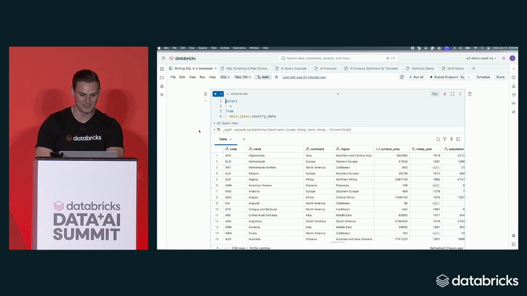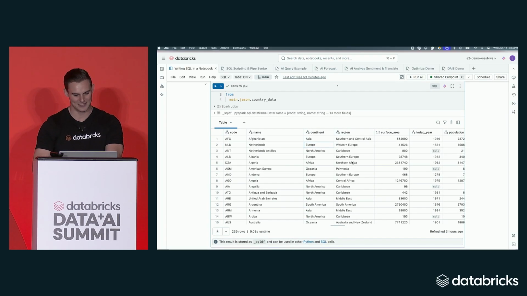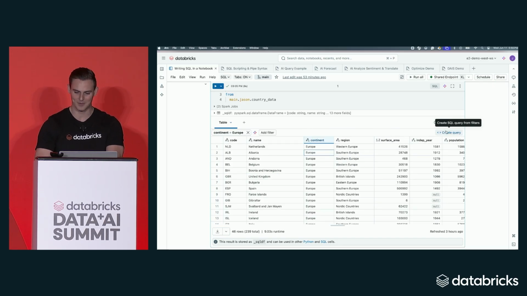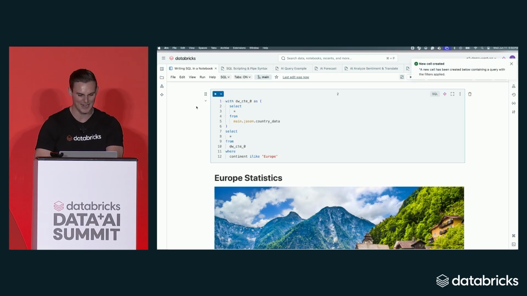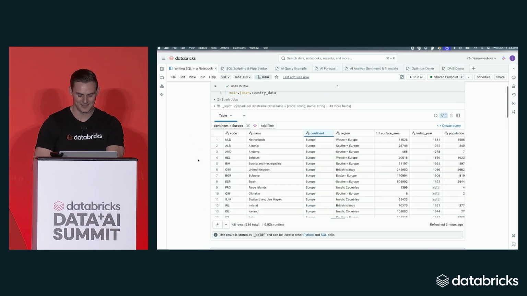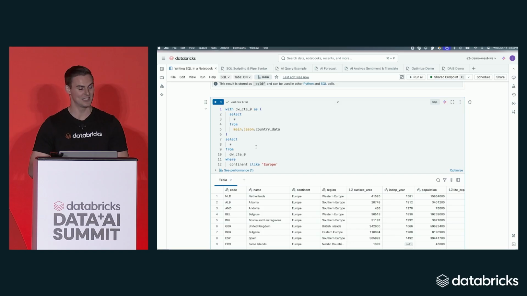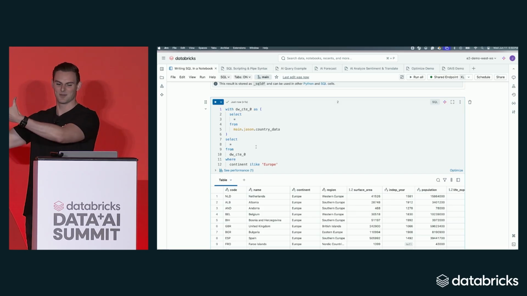Another cool thing that we have the ability to do with the SQL editor right now is if I filter this, maybe I'm looking at this as different data about different countries, their life expectancies and population. I'm going to filter Europe here. And then I have this button to create SQL query from filters. So then I can just click this, and I've been given a new cell, which has the SQL that basically generates this exact table. And so you can imagine, like, for example, with the example I did earlier, you can do some pretty complex stuff with your filters, and then you can just click one button if you want to generate the SQL for that, if you want to share that to someone else,